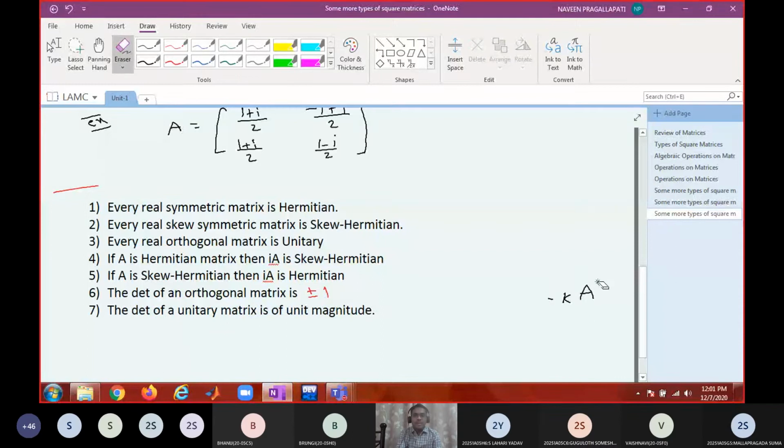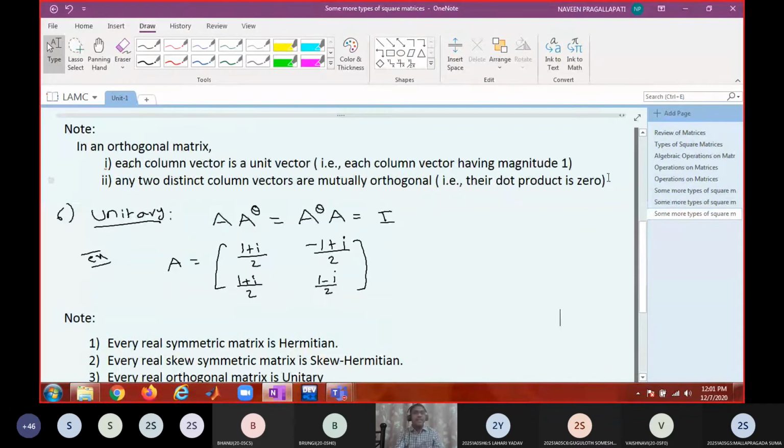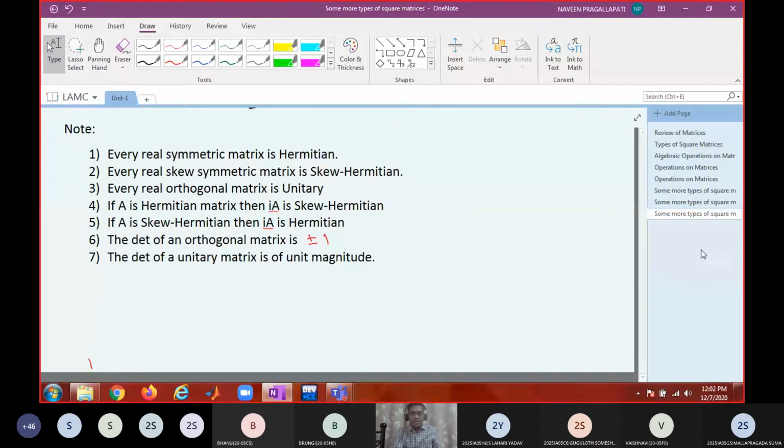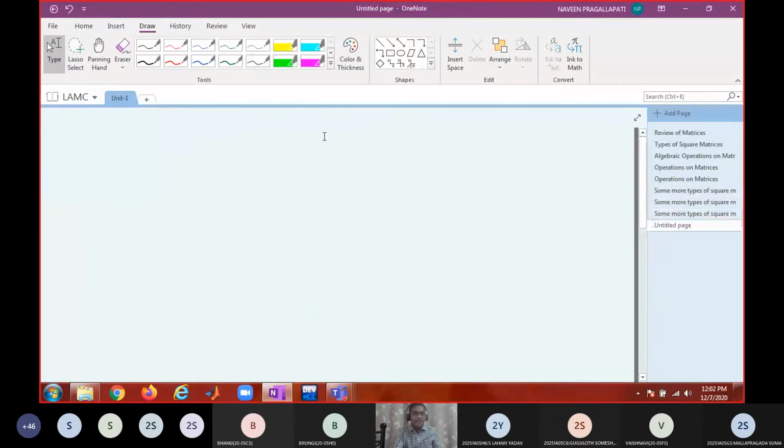Now we'll come back to the discussion on determinant. We'll just quickly complete the discussion on determinant and its properties. With that, the review of matrices will be over. Then immediately we can discuss row and rank of a matrix. So now some more types of matrices, now some more operations on matrices, right?